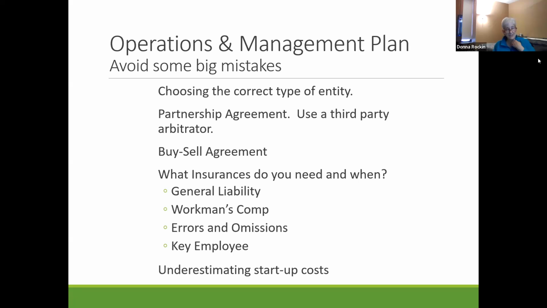For a partnership agreement, if you have a simple partnership, whether it's with your wife, your best friend, your brother or brother-in-law or sister-in-law, have a partnership agreement in place before you start the business, and always include that you will use a third-party arbitrator if you can't agree. Because if it's a simple partnership and there's 2 of you, you each have a 50-50 vote. If there's 3 of you, if you're 3 brothers and you form a business, it can be two brothers against one, but it's still a good idea to have a partnership agreement because it should also include a buy-sell agreement.